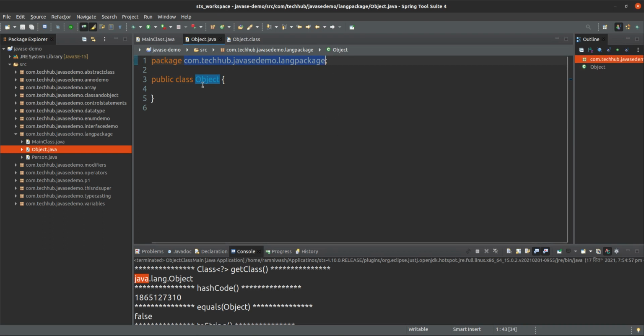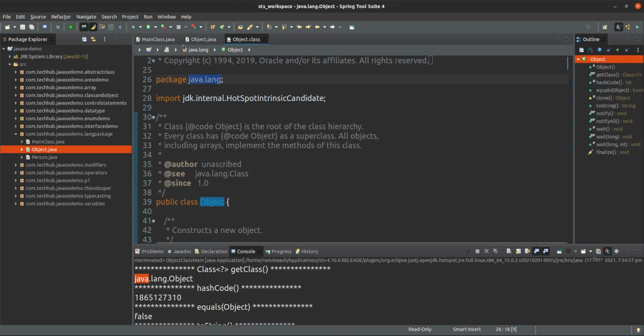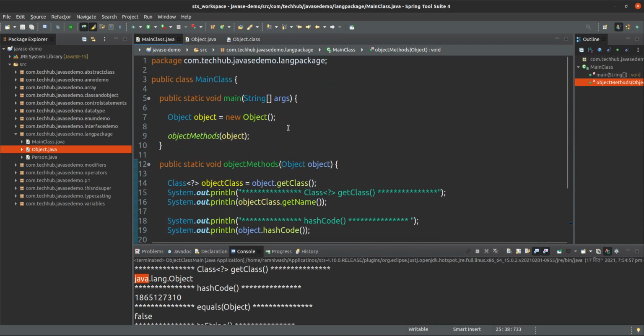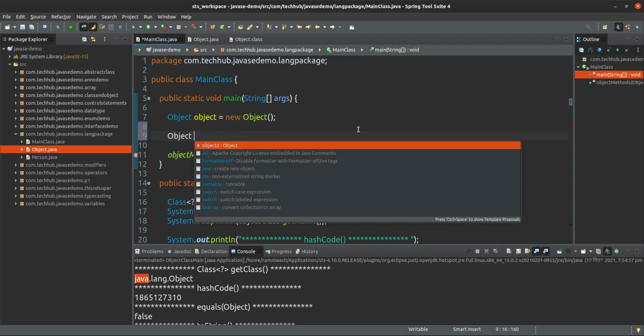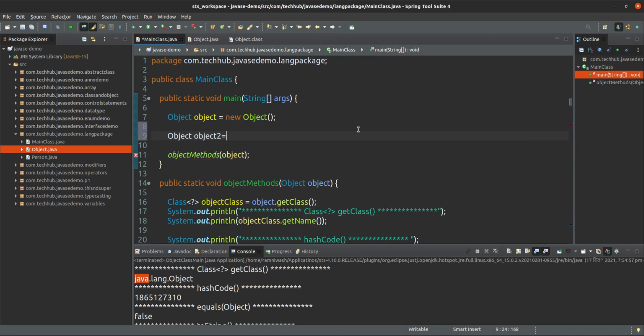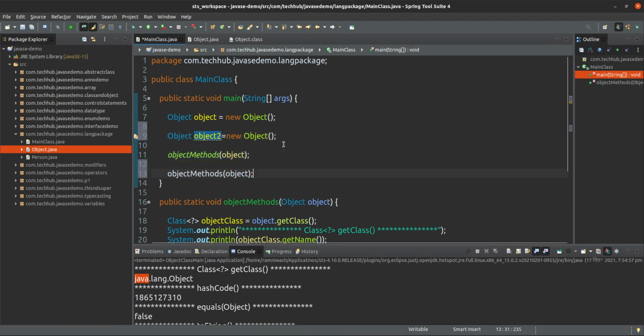That's why it is different. The fully qualified name of this class is com.techhub.javasc.demo.lang package dot Object. That is the name of the class. Suppose I create another object here, Object2 equals new Object. Now this is another object, and I will print now. See, same thing.